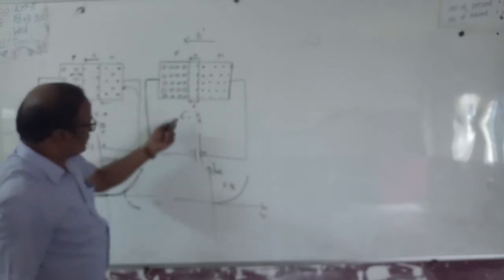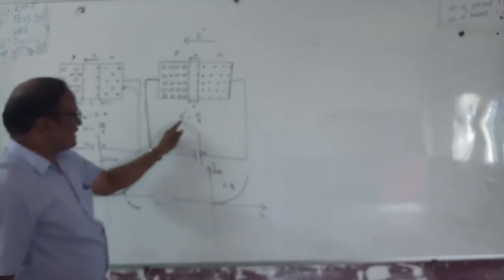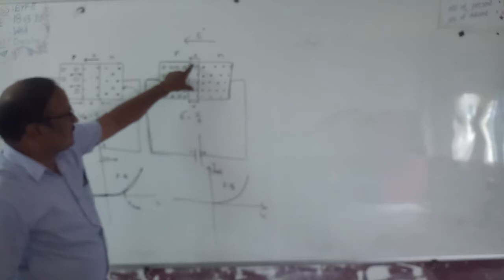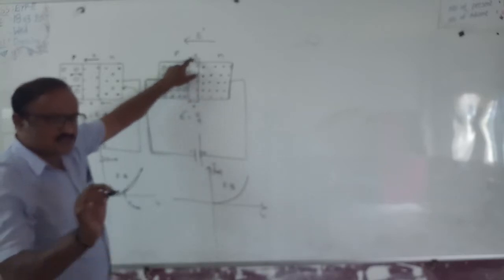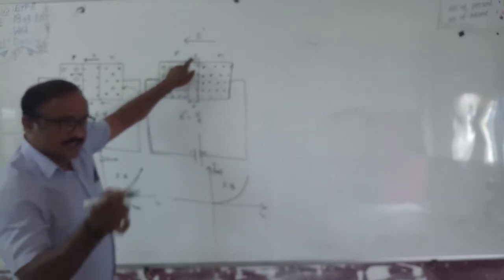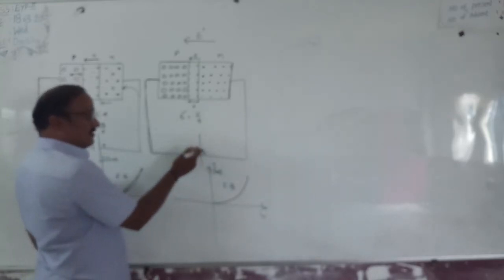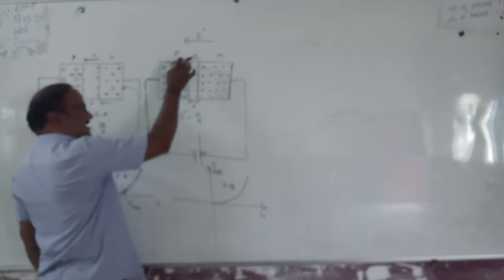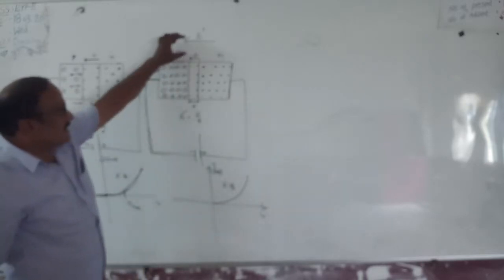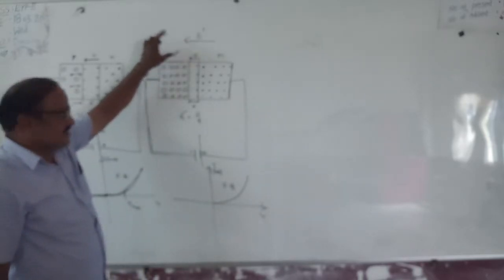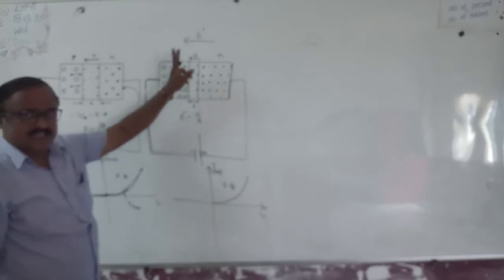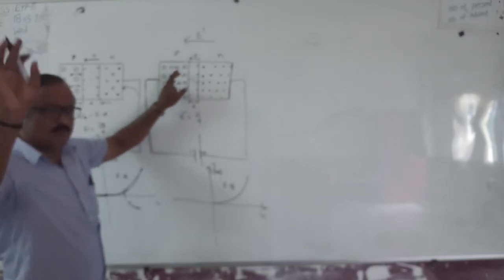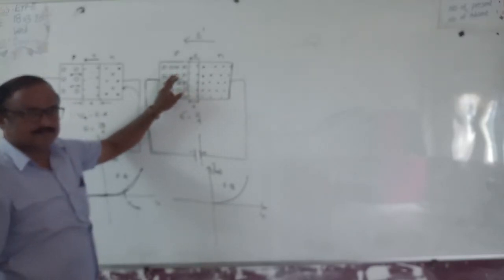In this condition, the depletion width is small and the field is large. So inside the depletion layer, there is a strong electric field. In addition to this strong electric field, we also apply one more field in the same direction, and both fields are in the same direction. That means the resulting electric field intensity will be maximum at that moment.